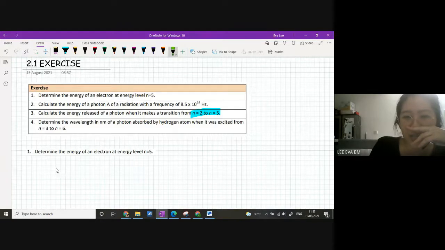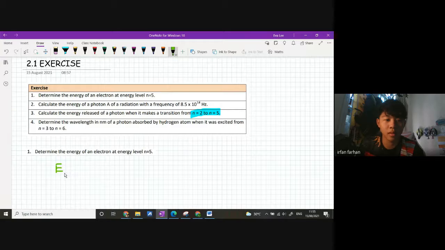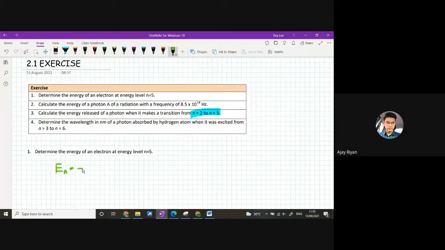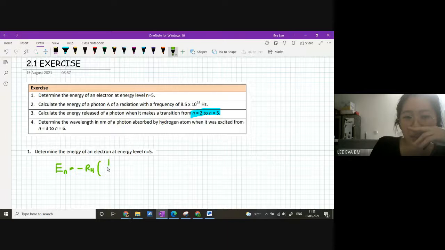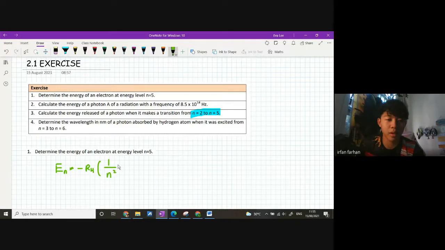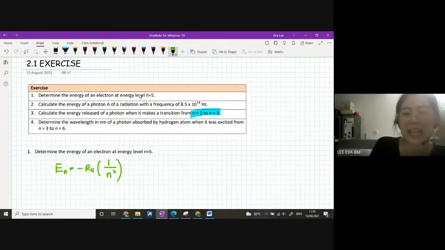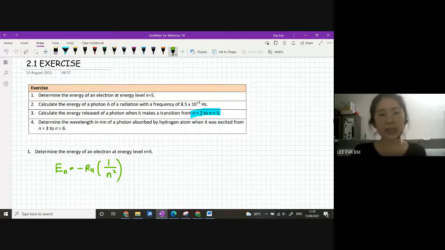So kita nak E5. Negative, don't forget, Rydberg constant, 1 over n square. So this one is the energy quantized for this level only. The meaning of quantized is specific. So apply awak punya value Rydberg constant, apply awak punya value n,